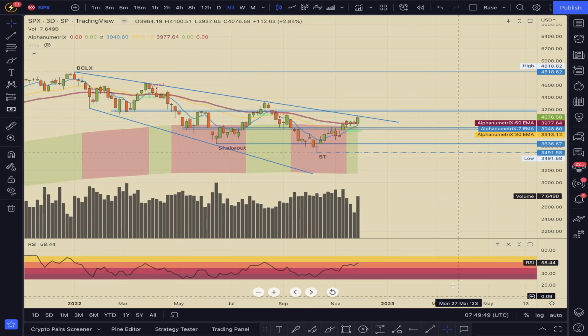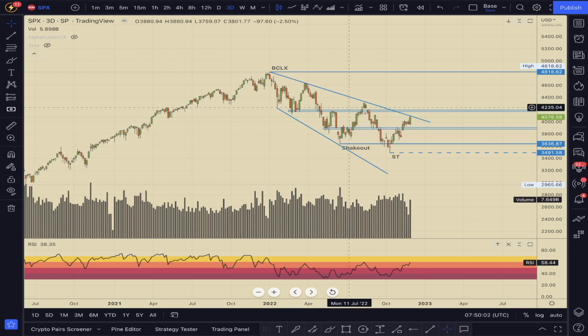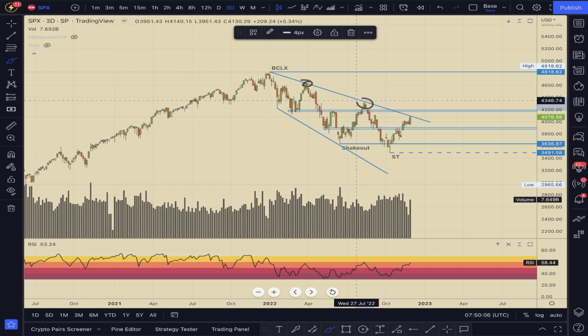So the S&P 500 is up against some pretty serious resistance here at the moment. Let me go ahead and turn alphanumerics on. Looks like we're about to get a 3-day cross confirm on alphanumerics. So that's a bullish sign. But we'll just turn that off for the moment because currently we're sitting at resistance.